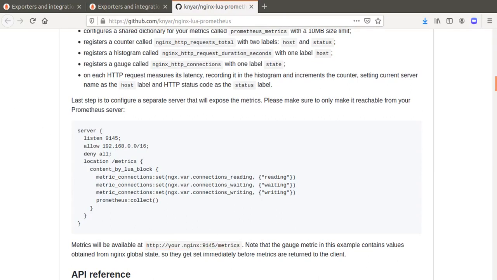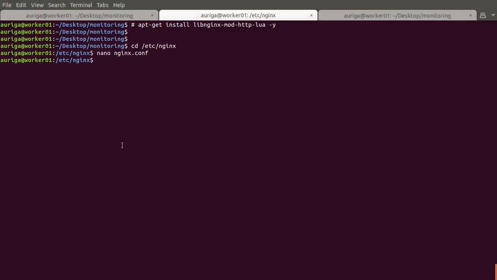So to do this, I also created a file. Let me show you cat.